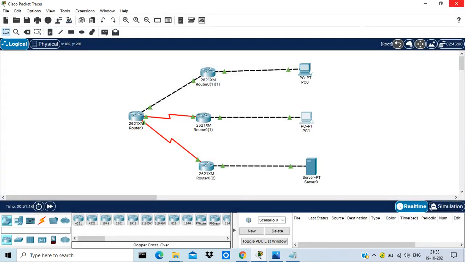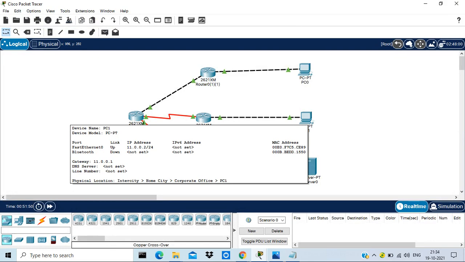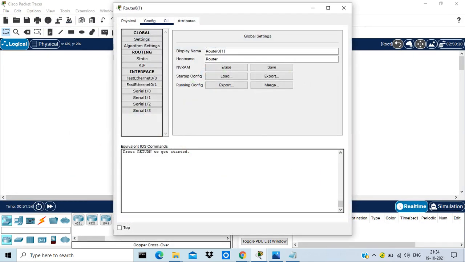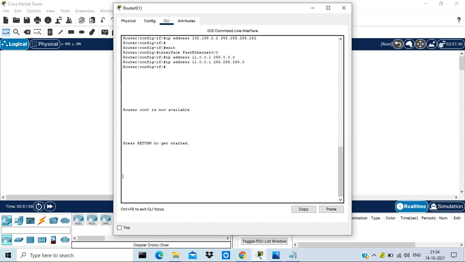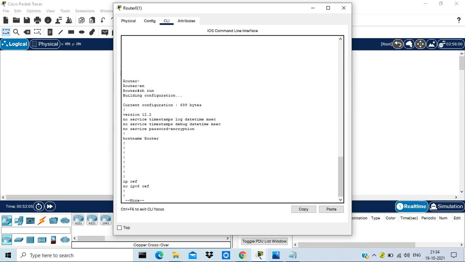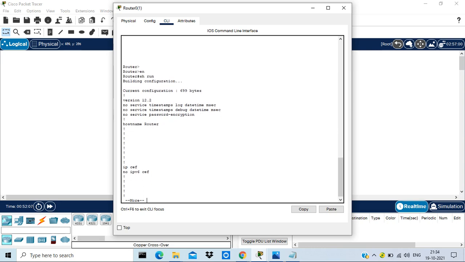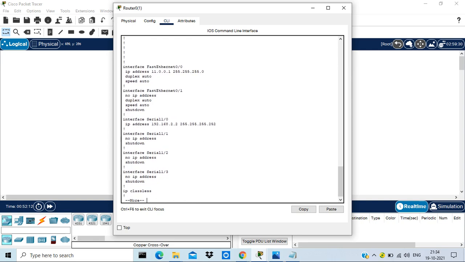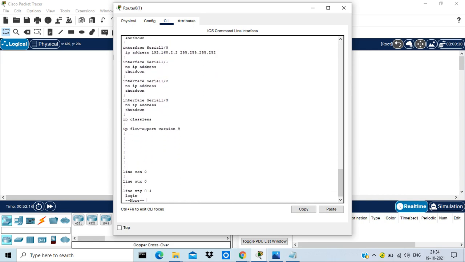Sorry, I think to check the configuration, we know the command is show run. I am currently in the branch office 2 router, and I am checking whether I have enabled the IP route or not.